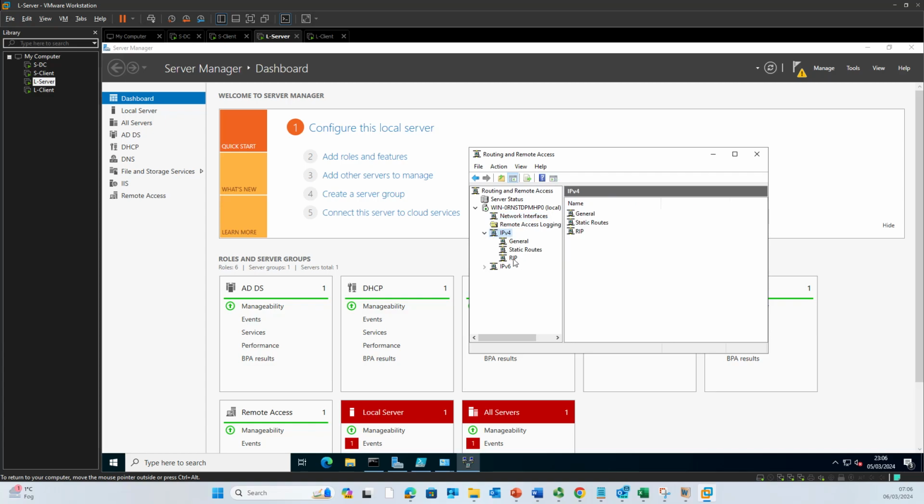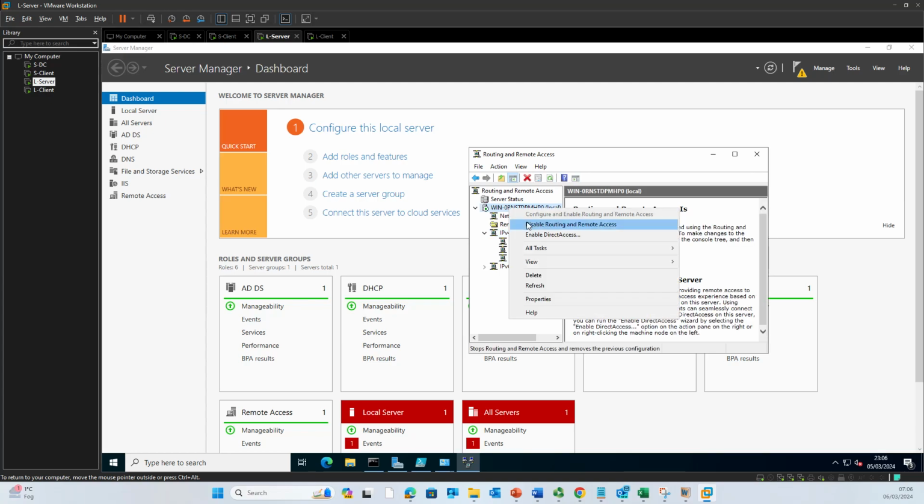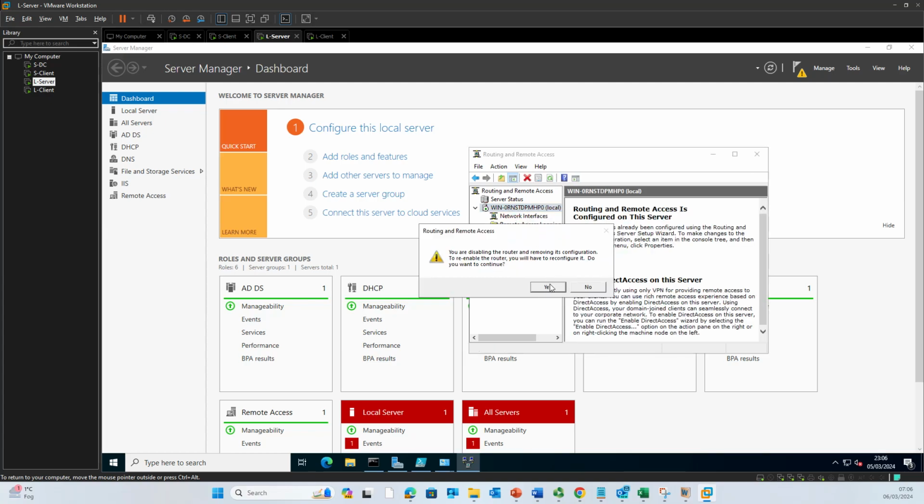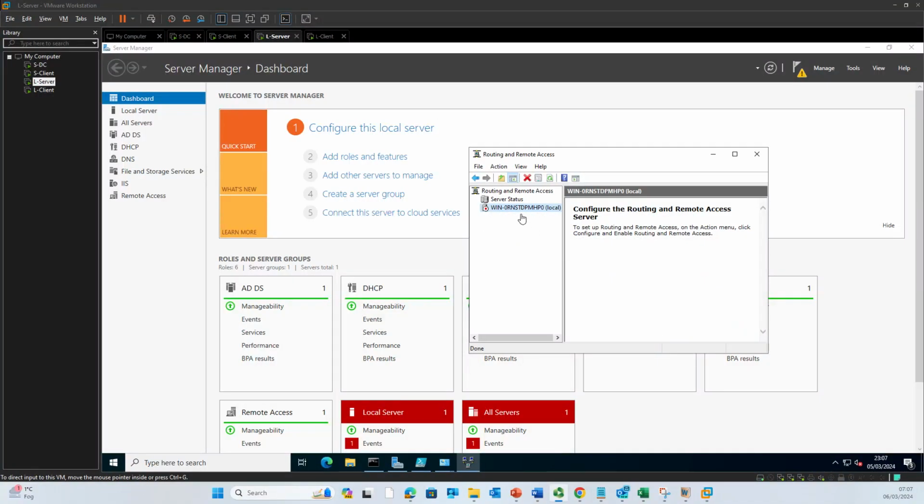So by default, you won't see this RIP here. So if I want to start from the first as fresh, I will disable this and I will start it again. It will take a minute to wait. So yep, here we have everything reset. So let's go configure